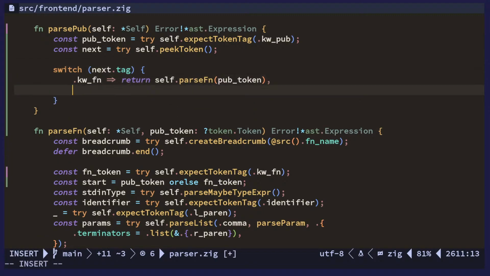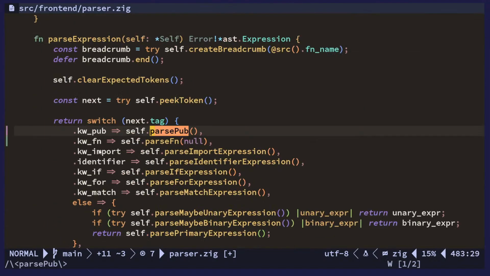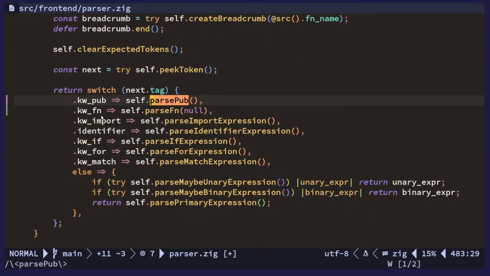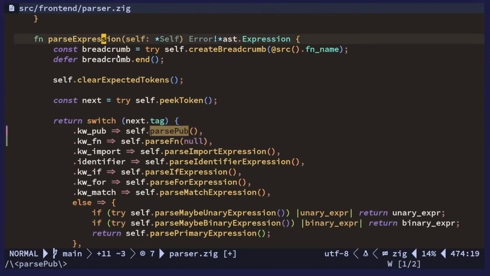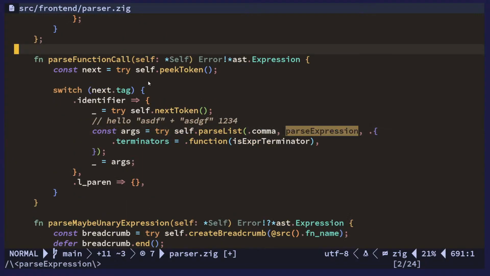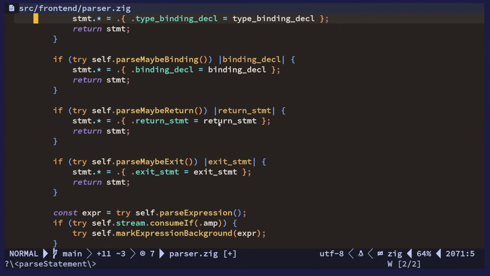Alright, so now we should also do, I think, var and const. Where is that actually? For match, identifier, import, function. Where's the var and const though? Oh, that's not an expression, right? That is actually right. Okay, yeah, because I've done this a little bit weird. We have statements and expressions. Statements are a little bit different, and bindings are almost the only thing that is not an expression. So that is specially handled